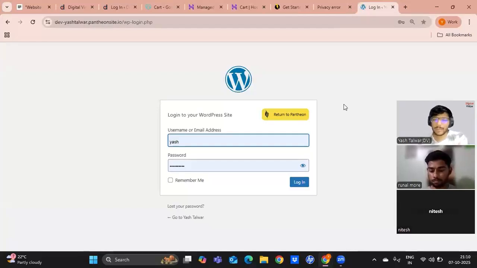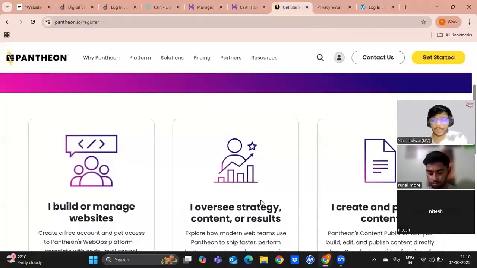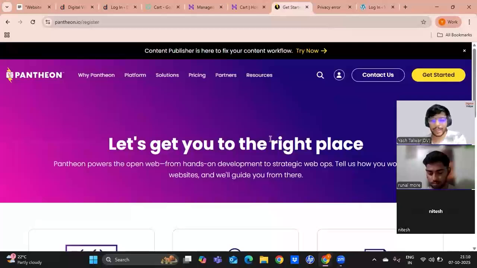एंड नंबर 3 इज ये वेबसाइट इज लाइक इट कैन क्रैश एनी टाइम बिकॉज कुछ भी सेव्ड नहीं है. आई मीन इट इज सेव्ड, बट अगर कुछ भी दिक्कत आती है कल को तो वेबसाइट बहुत जल्दी क्रैश हो सकती है. बट अगर आपको फिर भी ट्राई करना है तो आप पैंथियन ट्राई कर सकते हो. You can create your website for free. You don't have to purchase a domain name as well for this.